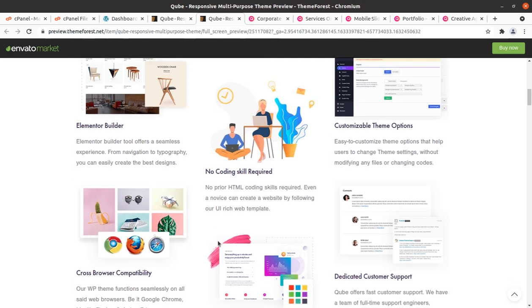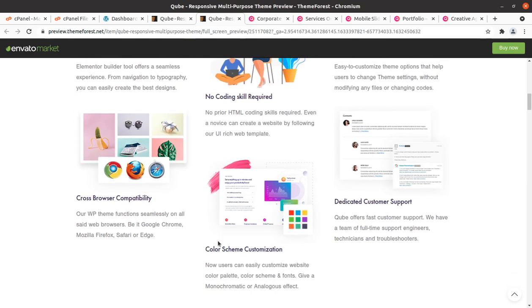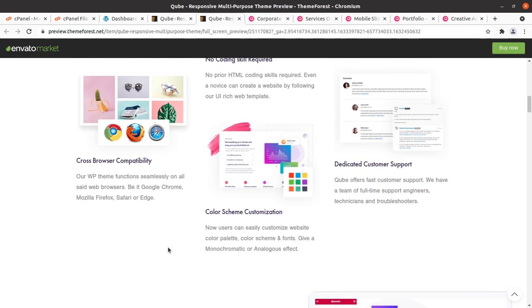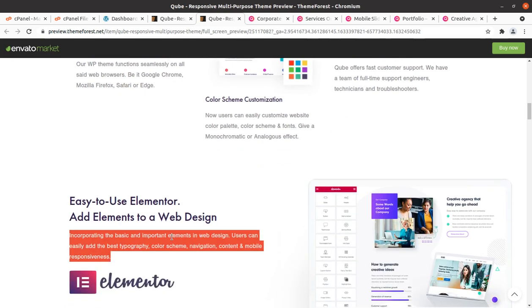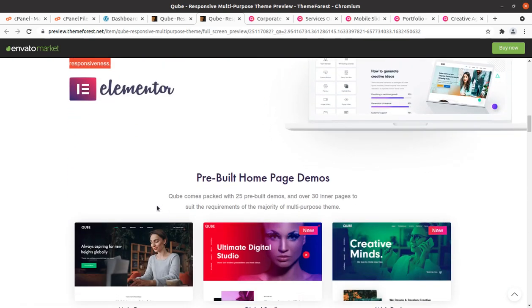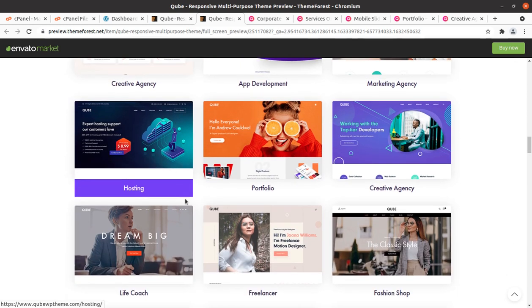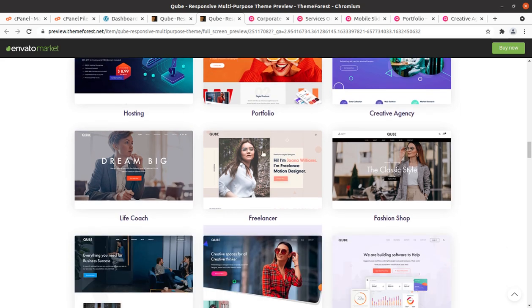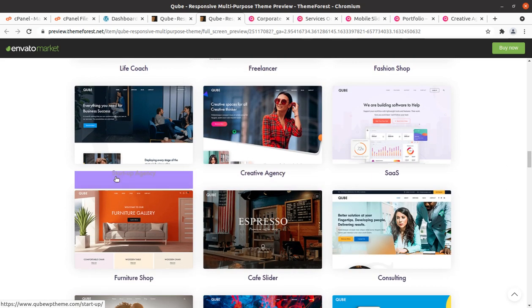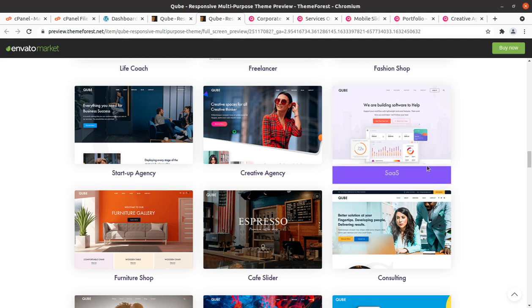And theme option customization is very easy. Color scheme customization is also very easy. It has cross browser compatibility, and you'll get each and everything that you need for starting your website for your business, startup business, and any of these categories that have been displayed here, and the pre-made websites are available.